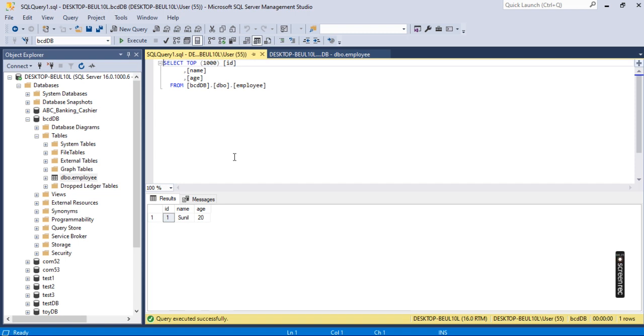Okay, let me tell you how to load our records from database to data grid view, right? Okay,